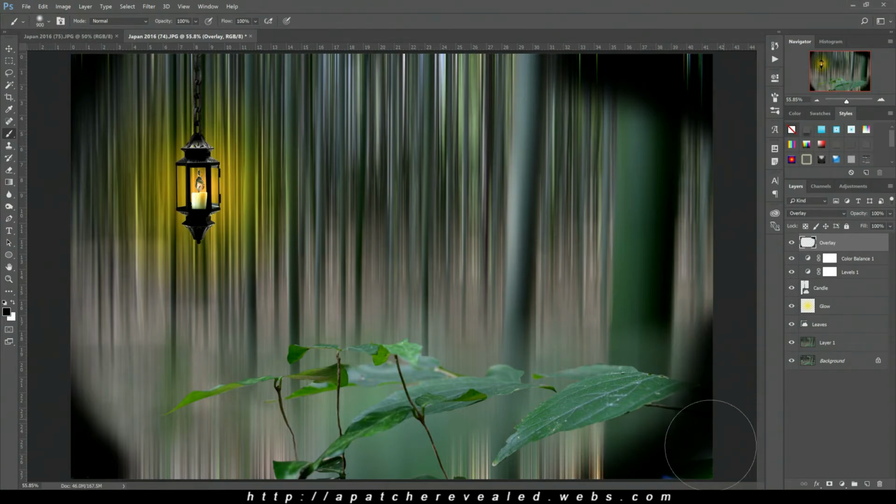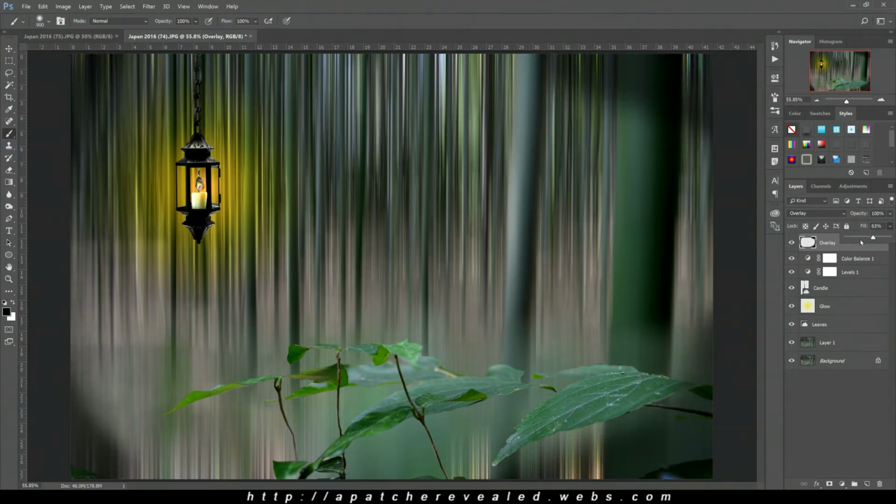This is why I do most of my creations or finishing them off in Lightroom, because we can create a sort of an effect in Lightroom without changing too much. Now that is my